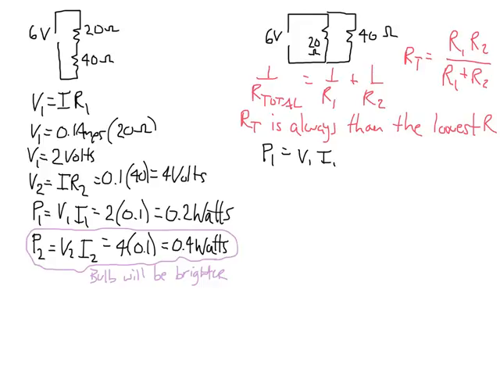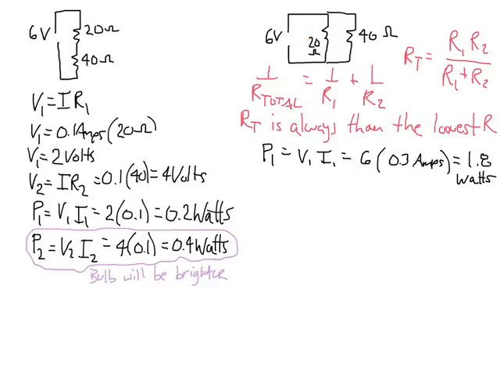And the voltage drop we know is 6 volts in this circuit across both legs. So there's the voltage. And the current we had calculated was 0.3 amps. So we get a power of 1.8 watts in that light bulb,